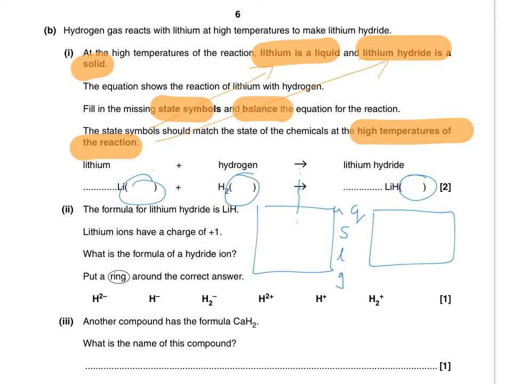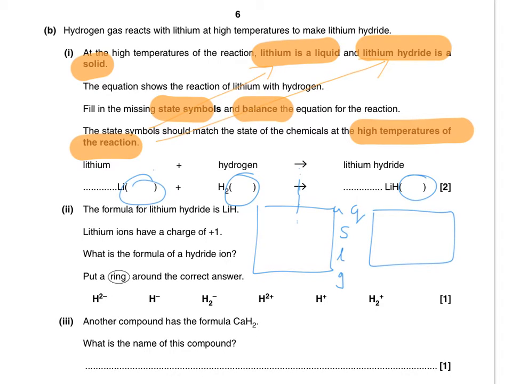Next one, formula for lithium hydride is LiH. Lithium ions have a charge of +1. What is the formula of a hydride ion? Right, so okay, now this is going to be a bit unusual. This is really a bit of a trick question,